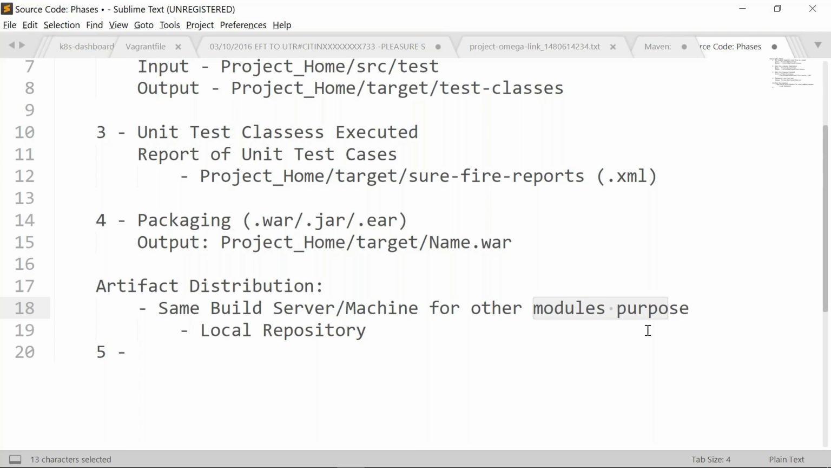At module C, I need to share it to module B. So if you have dependencies like that, how do we distribute that artifact? That means one module's artifact needs to reach the other modules running on the same build server machine. We need to keep this WAR file in the local repository. But a local repository is also just a directory. What is that directory? It is the user home directory,